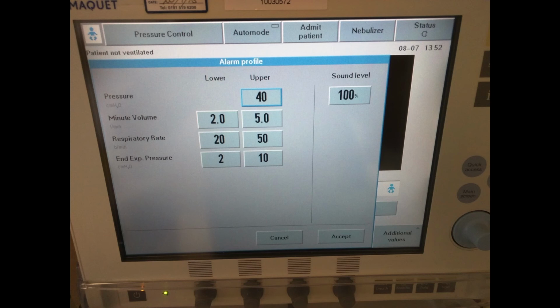Probably the most important one that you need to adjust for this mode of ventilation is the upper limit for the pressure. With SMV, PRVC and pressure support, the ventilator will deliver the tidal volume you have set, provided it doesn't need to go above 5 below the upper pressure limit. So you can see the upper pressure limit there defaults to 40. So the ventilator will deliver your tidal volume, provided it doesn't need to deliver any more pressure than 35 centimeters of water. If it does need more pressure than this, the ventilator will alarm to tell you that it hasn't been able to deliver all the tidal